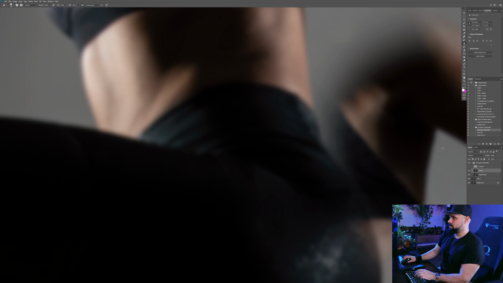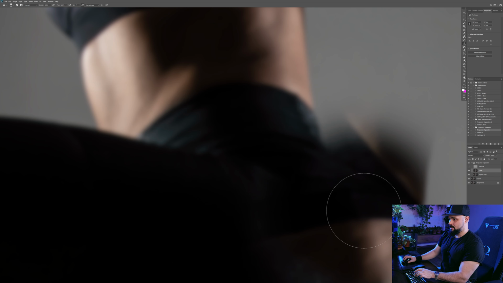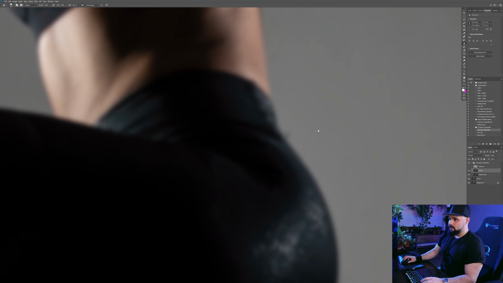You just have to, what did I just do? What's the brush size? Brush size. So what we have to do to get rid of it in frequency separation. Oh, I somehow switched brushes. Okay, back to mixer brush. So we're just gonna